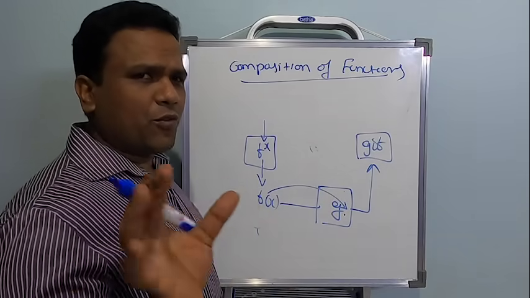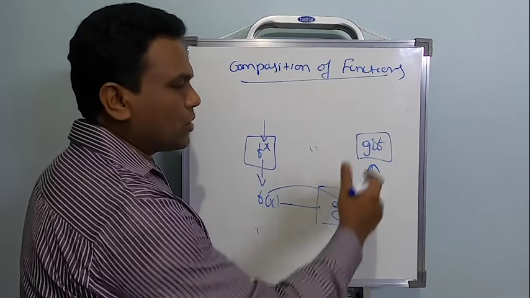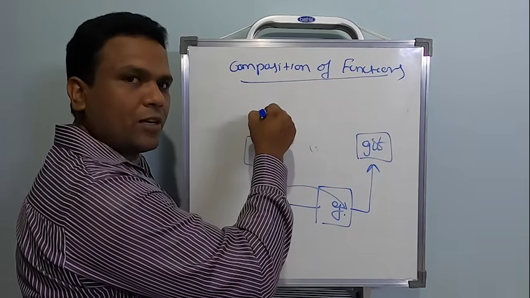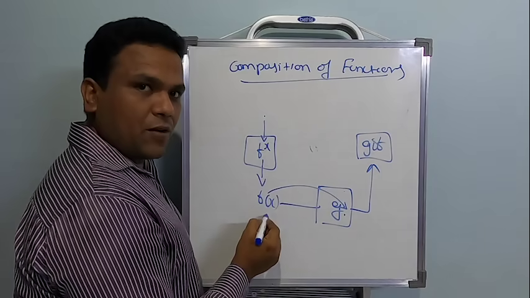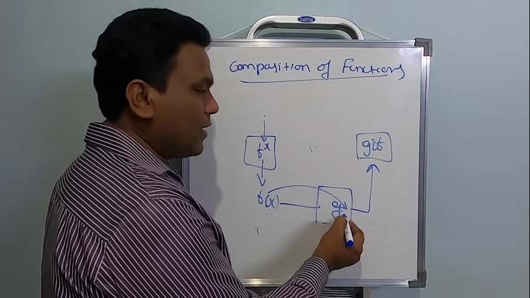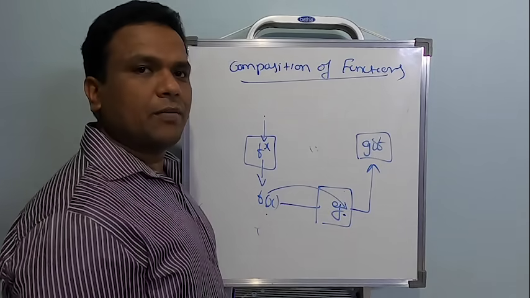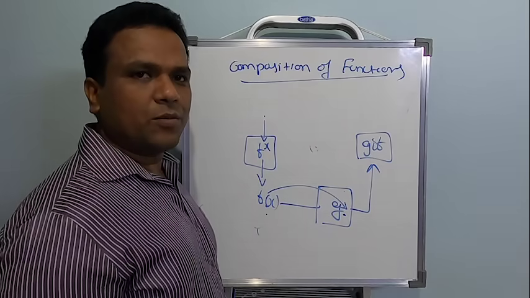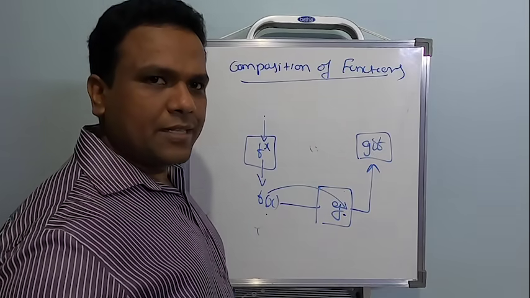Hope you got this. There is a beautiful diagram, you can understand better. I just wrote a rough diagram to understand. So x is taken from the domain of f, right? The outcome is f of x. This will be an element which goes inside g, and when it comes outside g, the function will be g of f of x. This is how the composition of functions works. A diagram is there, you can understand better.